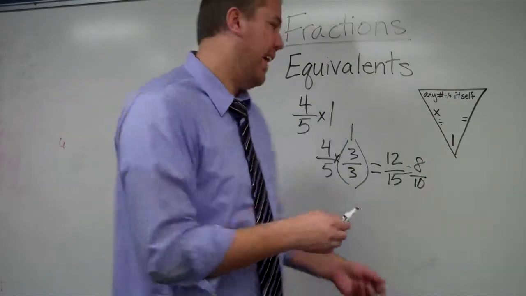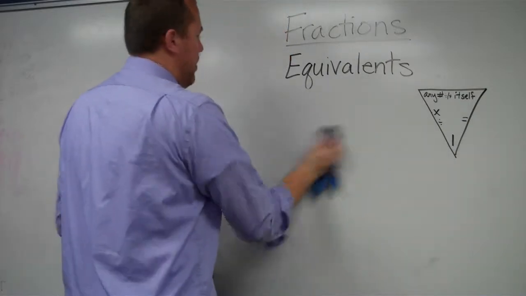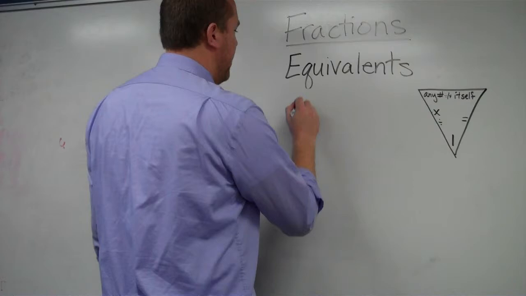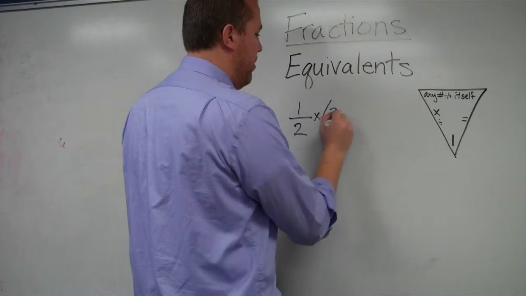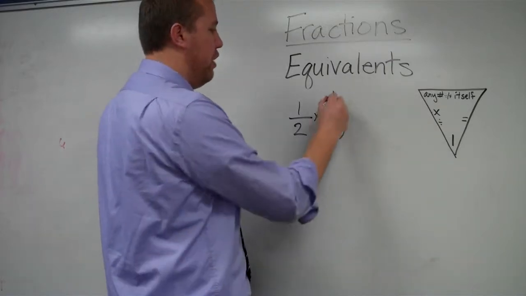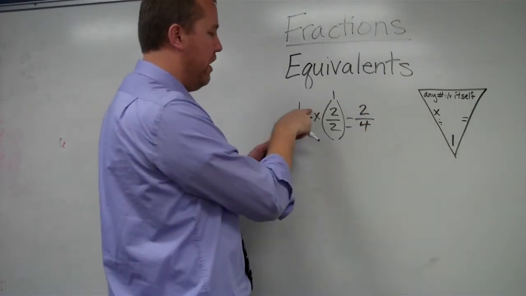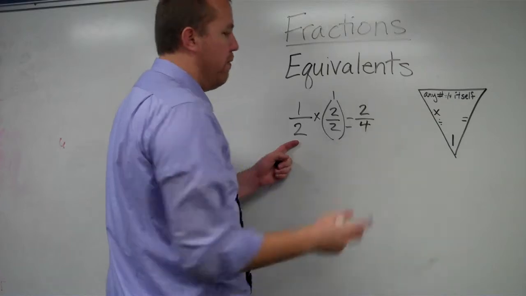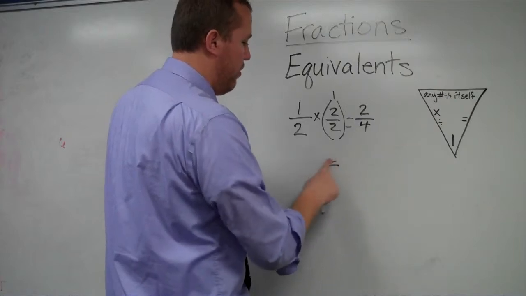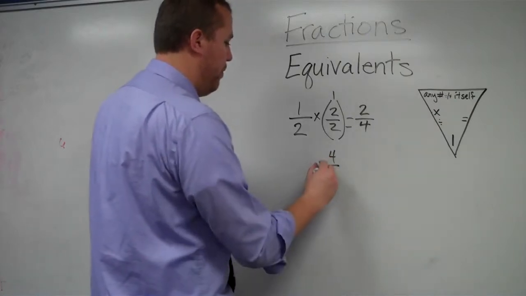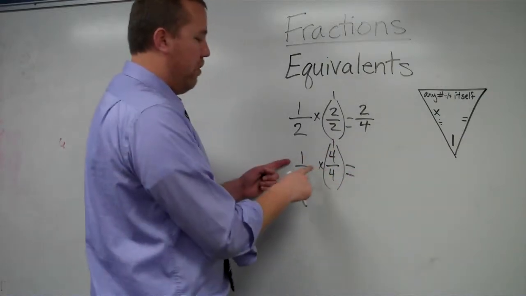I want to show you this with the next one. Let's pick, for instance, 1/2. Okay, so 1/2. I want to find what's equivalent to 1/2. Let's times it by 2/2, because this equals 1 whole. And so I would get 2/4, because I multiply straight across. 1 times 2 is 2, 2 times 2 is 4. Okay, now let's multiply it by 4/4. So 1/2 times 4/4 equals